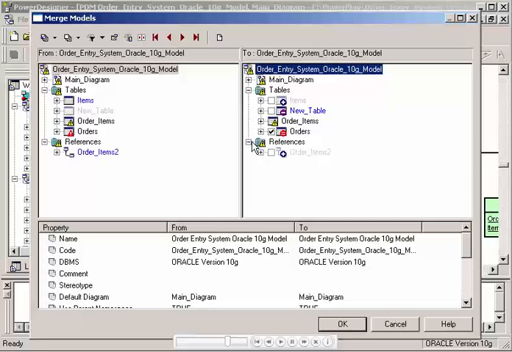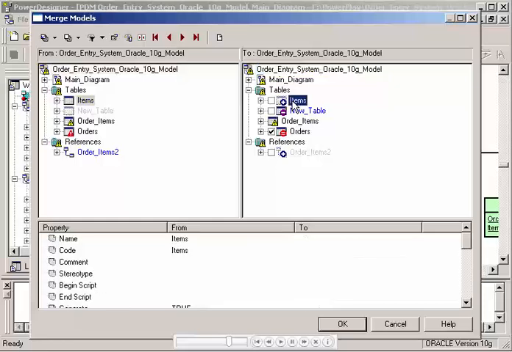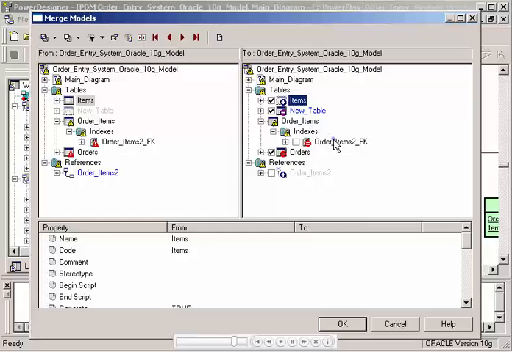Picking the same source and target, we see the same screen. However, in this case, we now have action buttons, a checkbox beside the item to be changed. In this case, we see there is an items table in the source that is not in the target. The action button is a blue plus, which means if set, we will add items to the model. The same for the one that is removed. It is not present in the source. It is present in the target, and I can choose the action button to, in this case with the minus